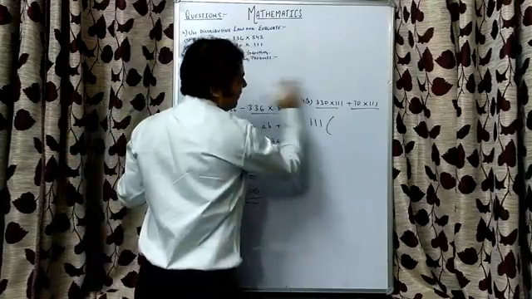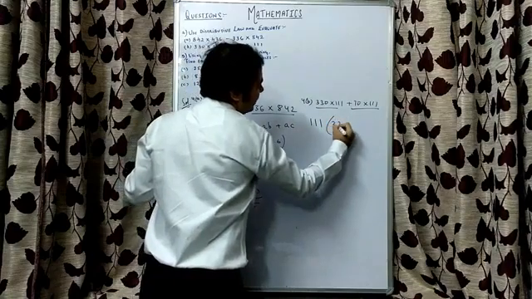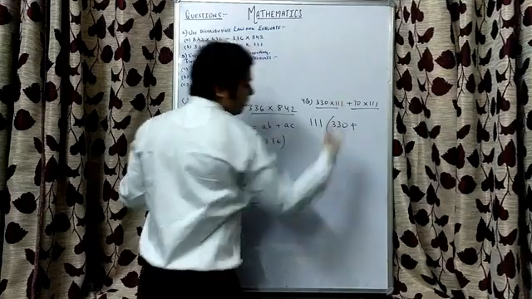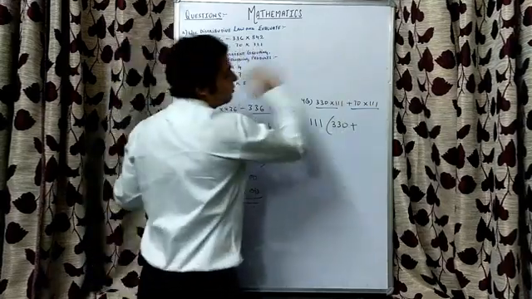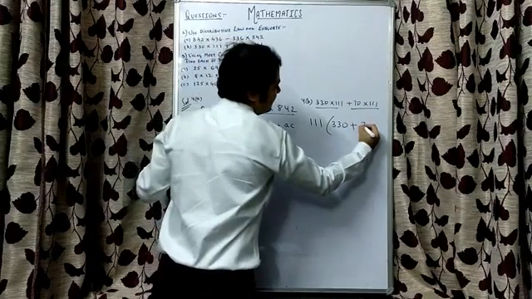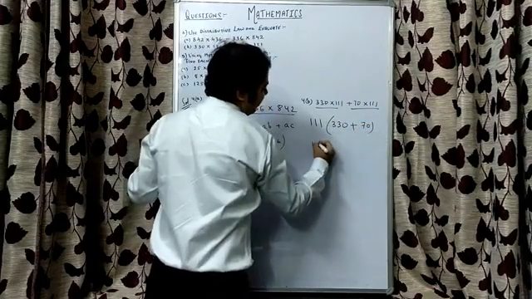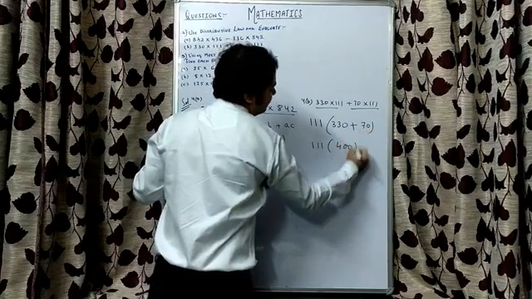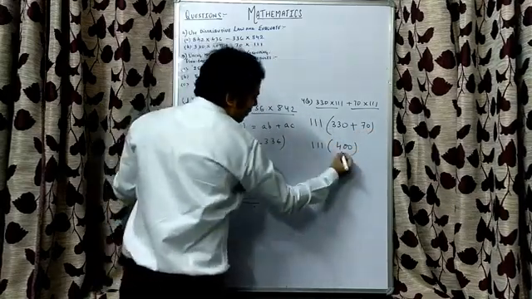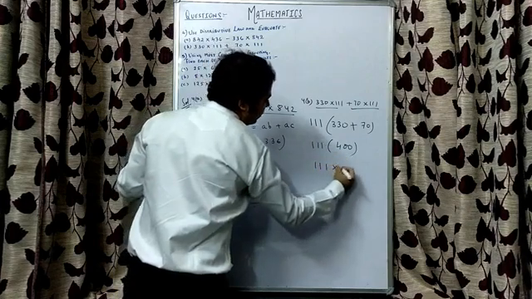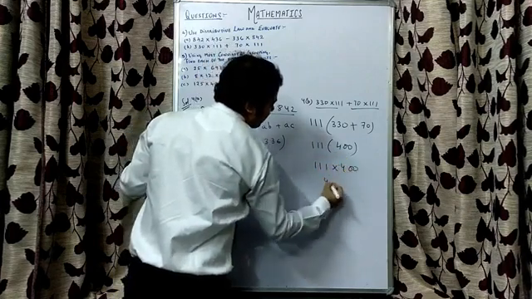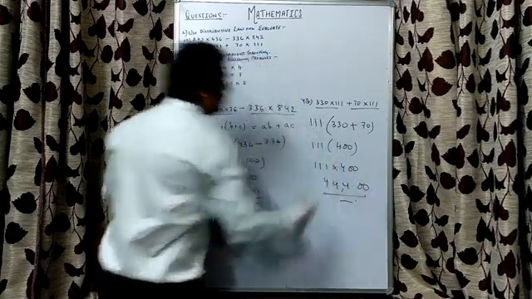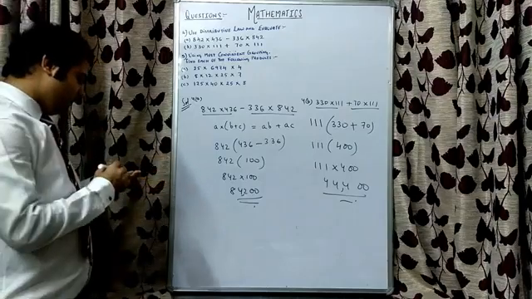From this, if 111 is gone out, what is left is 330. In between both the terms we have got plus sign, so I will put a plus sign here. 111 is gone out, what is left is 70. So we are left with 111, and in bracket 330 plus 70 is 400. Right? So we will be getting 111 into 400, which will give us 44400. So this will be our answer for part 4B.